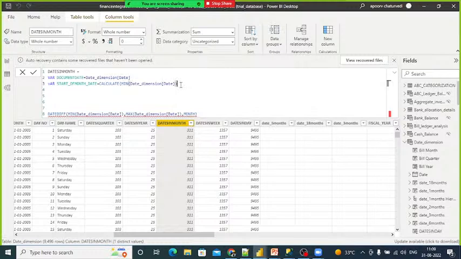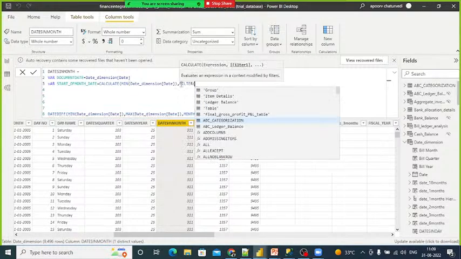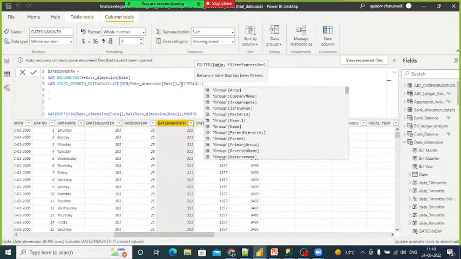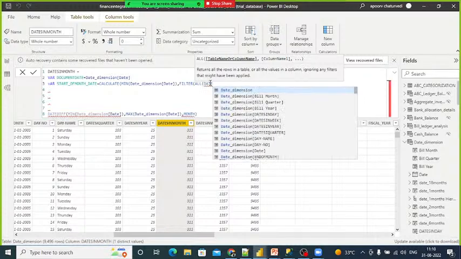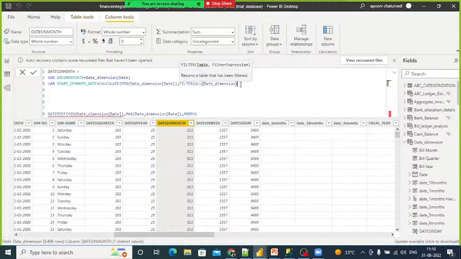Which is, so I'm now going to be filtering all of date dimension, right? Where